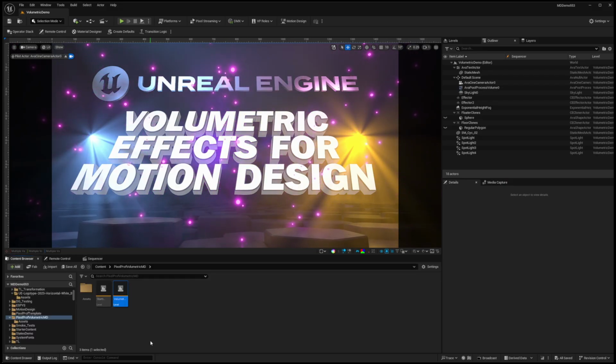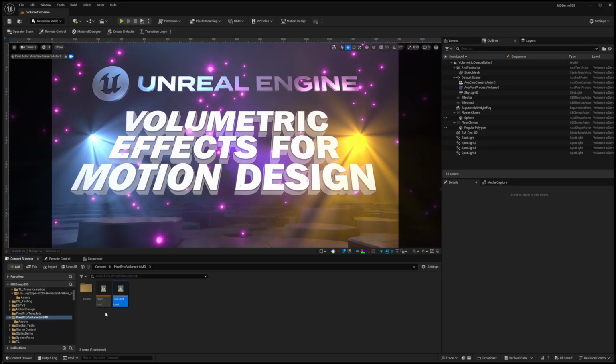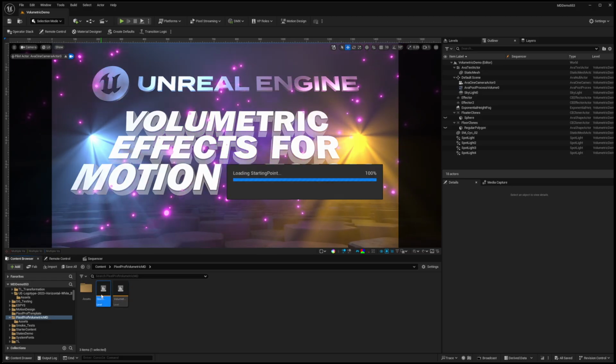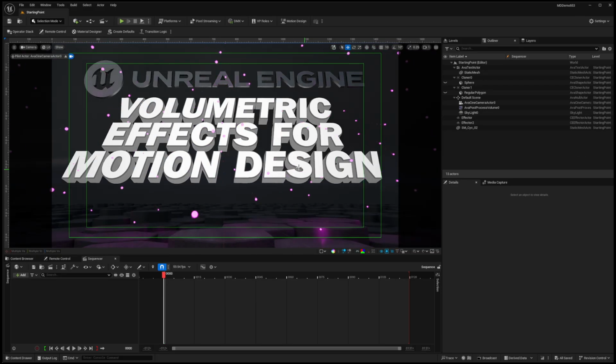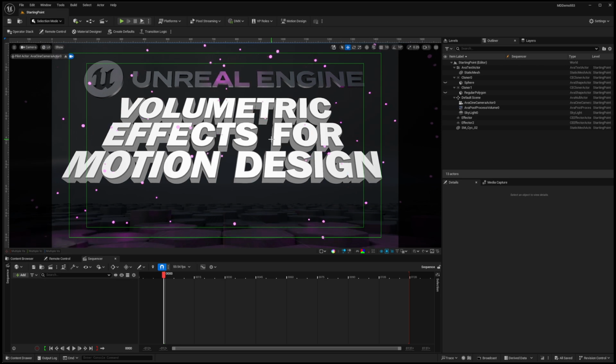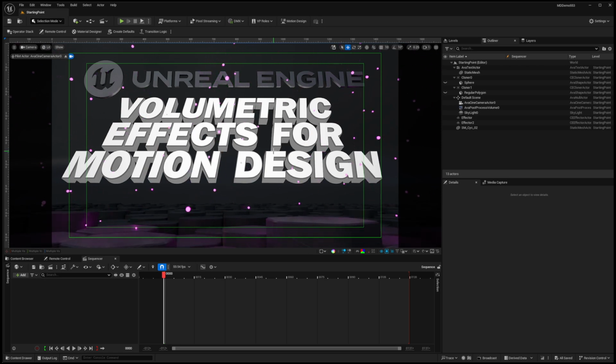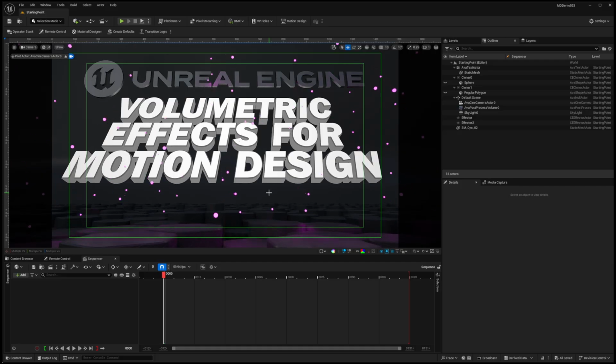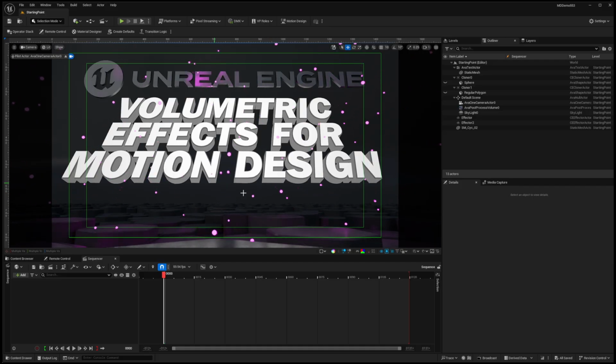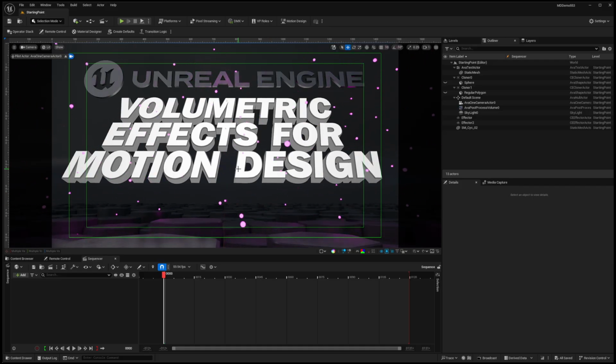So I'll go to the content browser, and instead of volumetric demo, I'm going to double click on starting point level here and open that up. This is now the same geometry, the same scene setup, but none of the lighting effects are applied. And so you can see it's pretty mundane, not particularly interesting. But let's take a look at some of the things that are set up in here before we move on